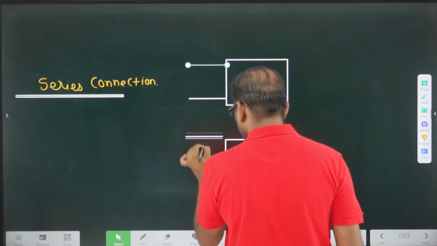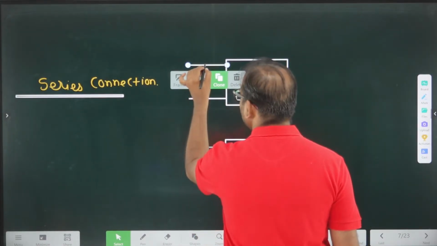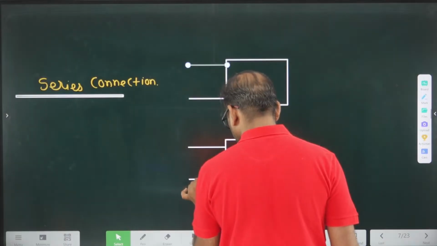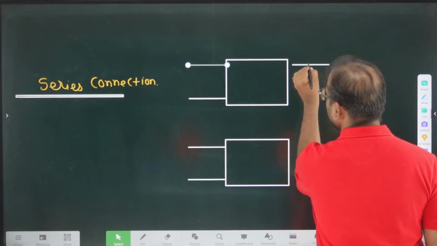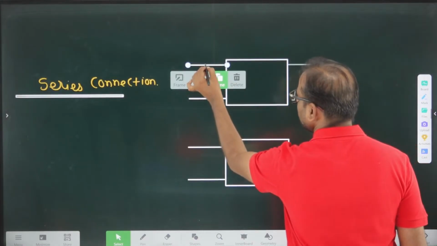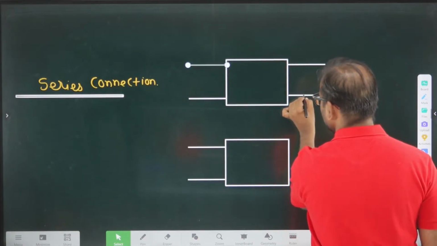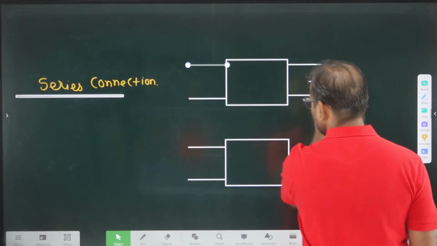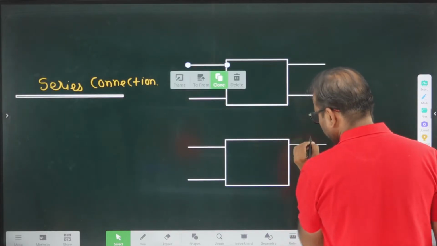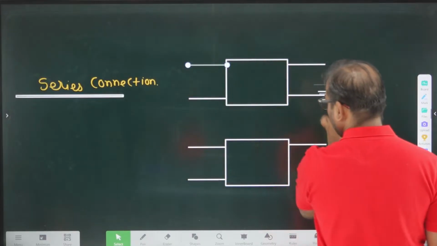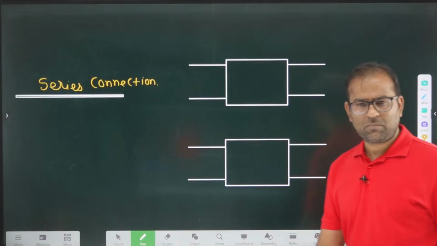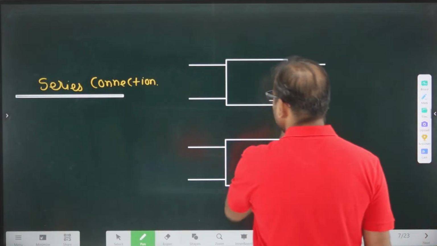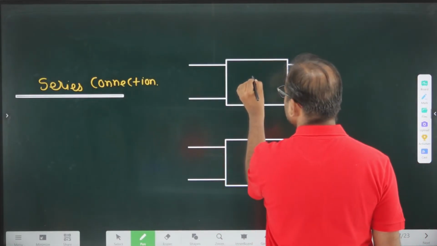We are having 4 terminals here. 1, 2, 3, 4 terminals. These are 4 terminals. Correct? Two port network, and let's say I am calling this our,